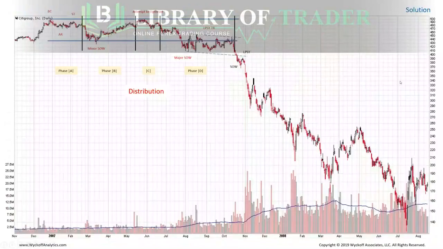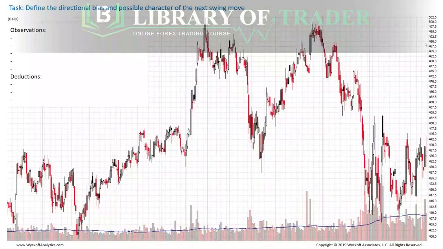Let's see the answer. This was Citigroup in a very, very interesting time, 2007, 2008. And look at this, a huge move to the downside happened after that. It's a little bit hard to see the chart here because the volume signature expands so much. But let's go to the previous chart, and now that we know the bias, let's talk about what we're seeing here, maybe something that we've missed.